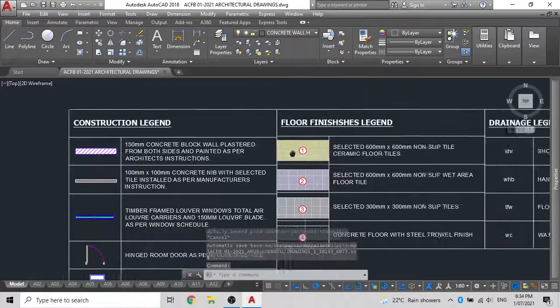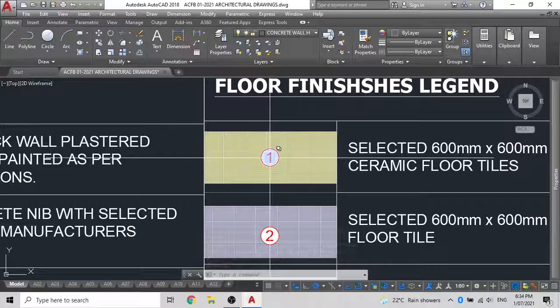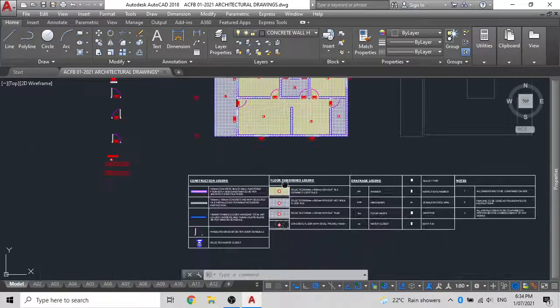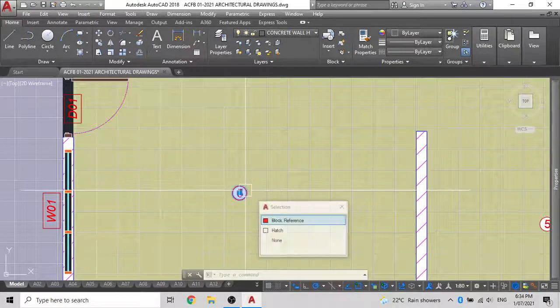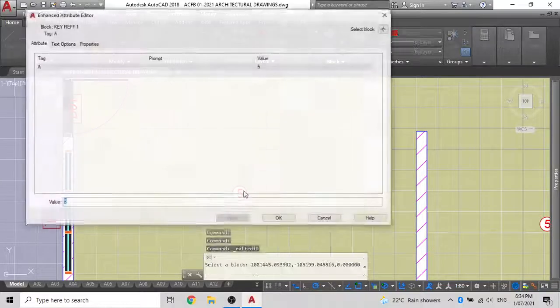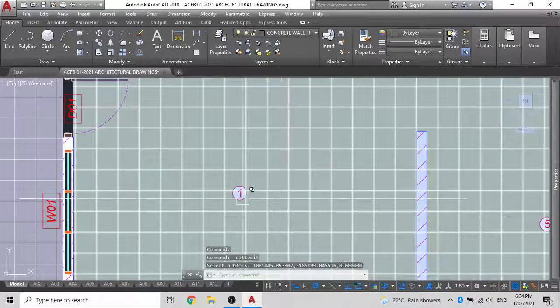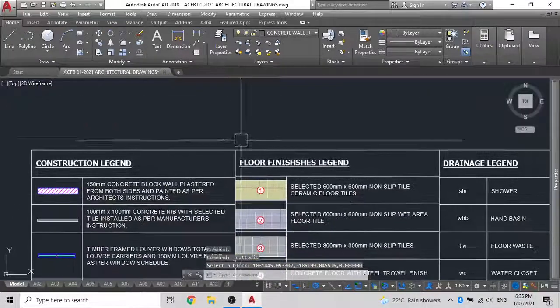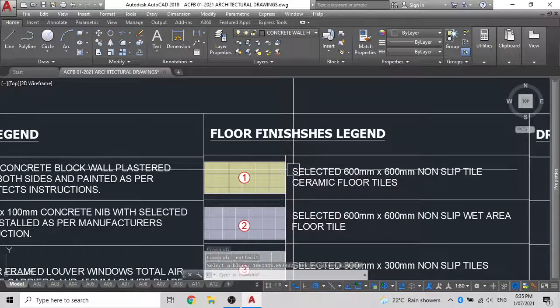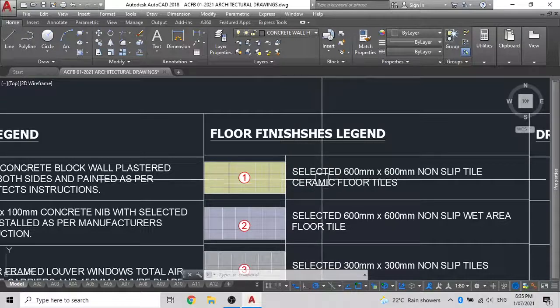Now what you can do is simply reflect the key. So for this tile, we'll change all these to number 1, and for the wet areas, we'll put them to number 2. So when anyone refers to this drawing, what they will see first is that, okay, that's a number 1. So let's go to the notes at the bottom. So number 1 on the drawing reflects to note number 1 on this floor finishes legend, which says selected 600 mm by 600 mm non-slip tile